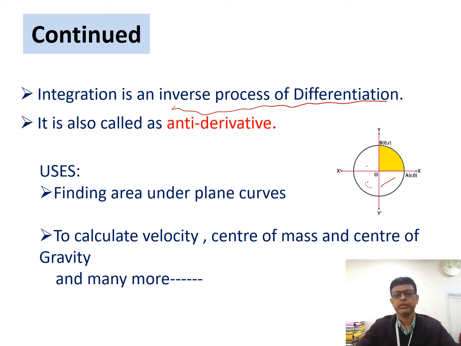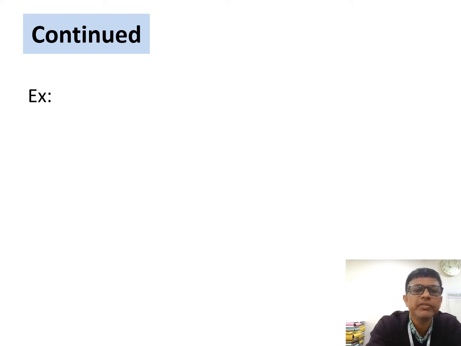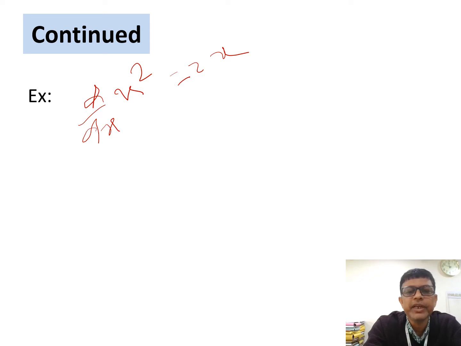Now, how do we derive all the integration formulas or integration problems by using the inverse process of differentiation? Already we know the derivative of x square equals 2x, and if you take the integration of 2x, then you get x square by using the inverse process of differentiation. And similarly, if you take the derivative of x square plus 4,